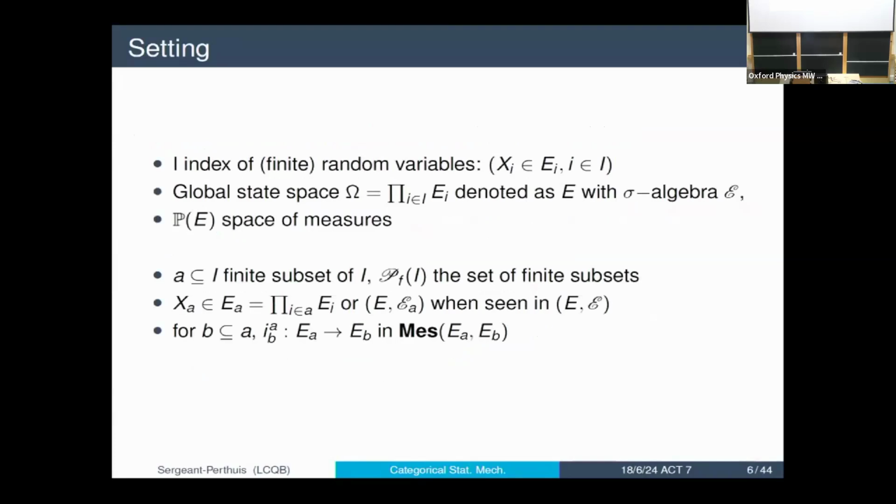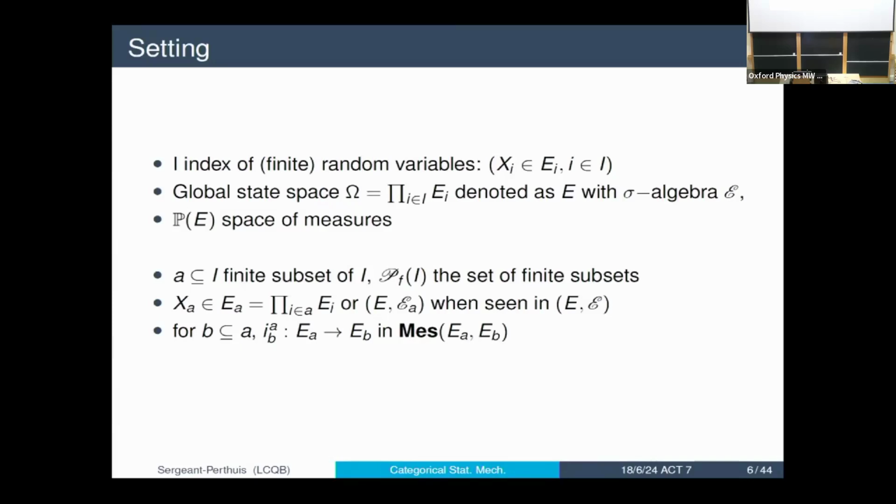So like I said, you have a collection of random variables, so a collection of variables that take values in a state space E. We assume that it's finite here. And you're going to consider the state of all the possible configurations of your variables, and then you're going to say that if you only observe a finite number of random variables, then if you have a finite collection